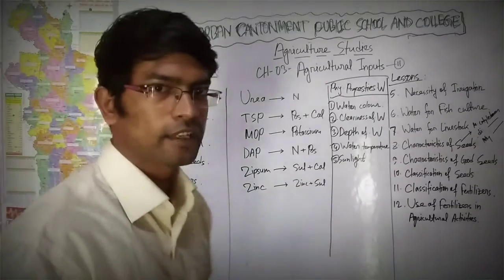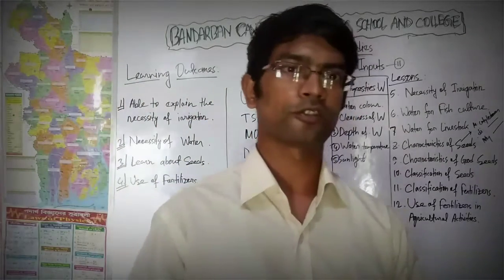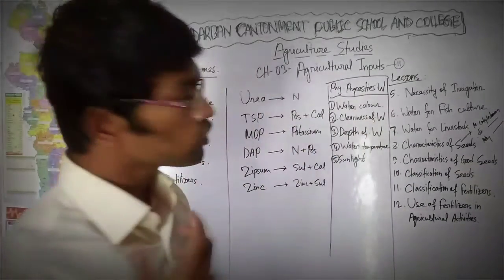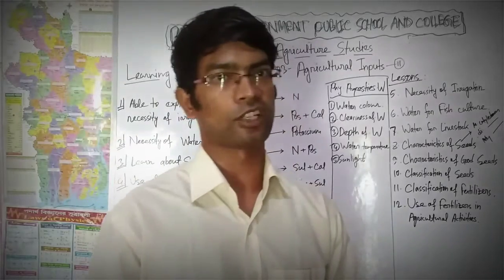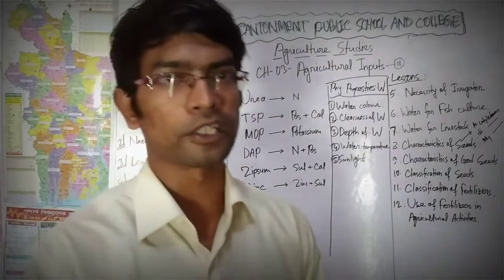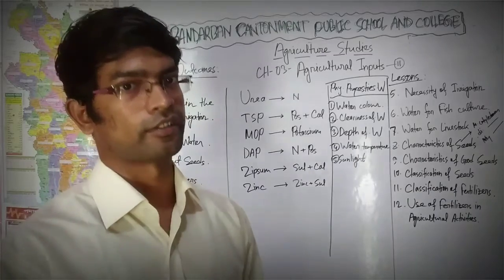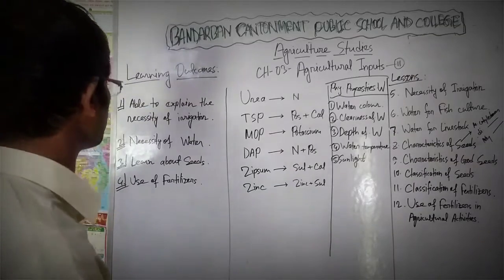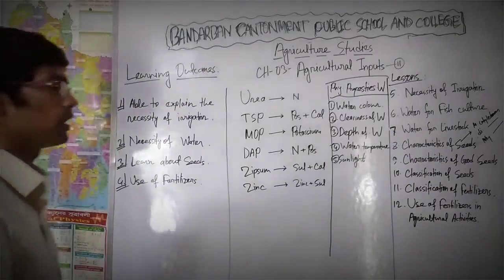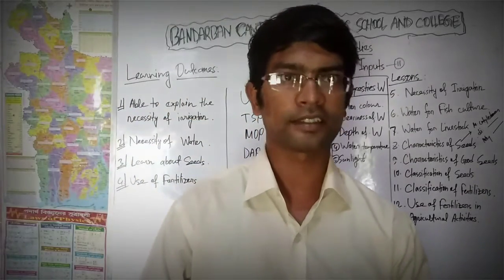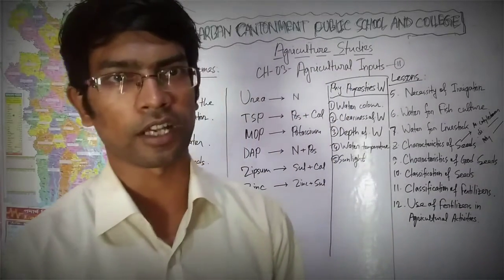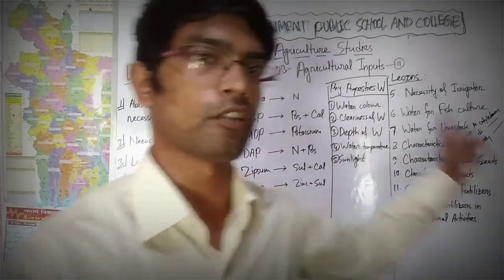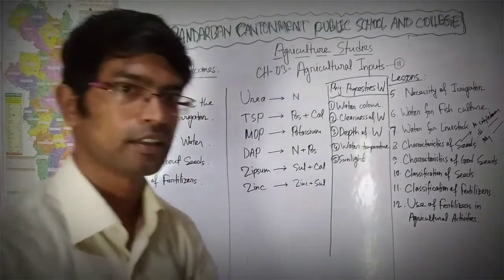Learn about the seeds, the many kinds of seeds, the typology of seeds: cotyledonous, বীজপত্রী, monocotyledonous, dicotyledonous, polycotyledonous. Okay, we learn about this typology, and we will be able to learn about the many kinds of fertilizers and the use of these fertilizers in our agricultural activities. Okay, these are our learning outcomes. So let's start our discussions according to the lessons.